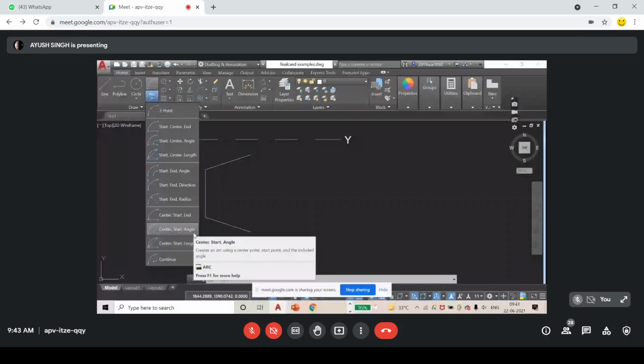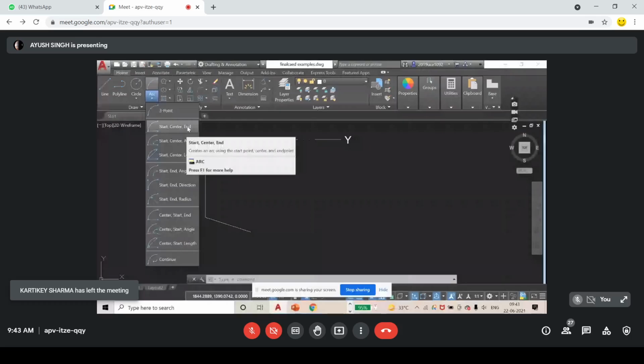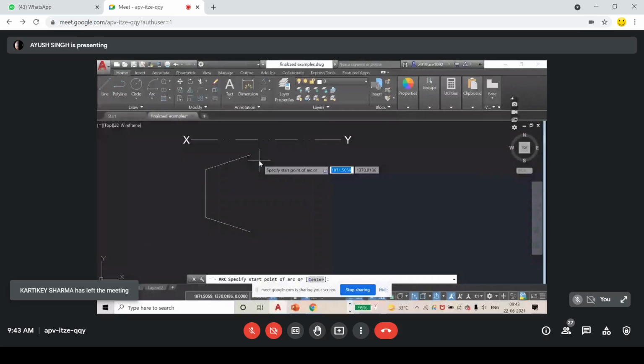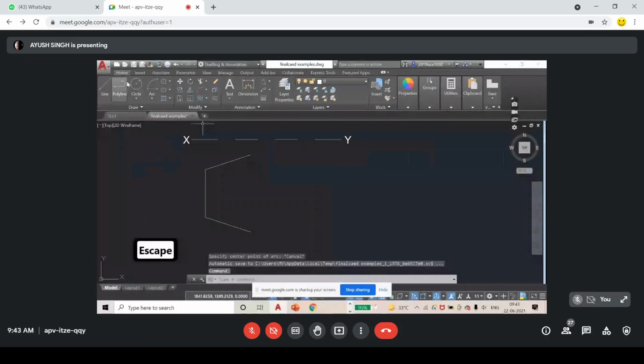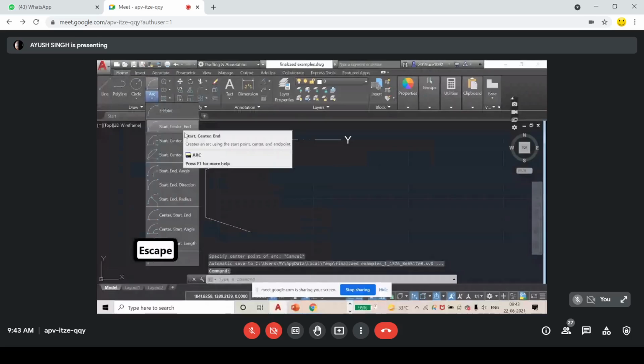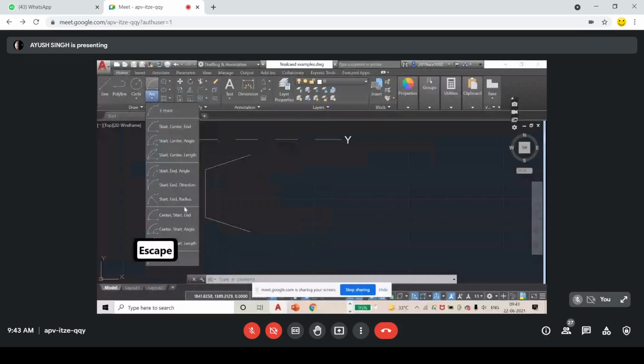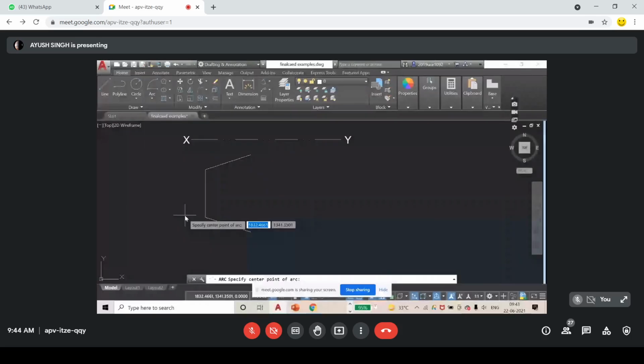Let's see which option works: center, start, end. Okay, so we know the center. We have to start the arc from here, of what radius? 25 radius.